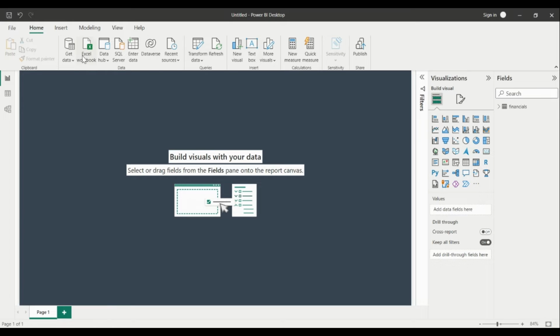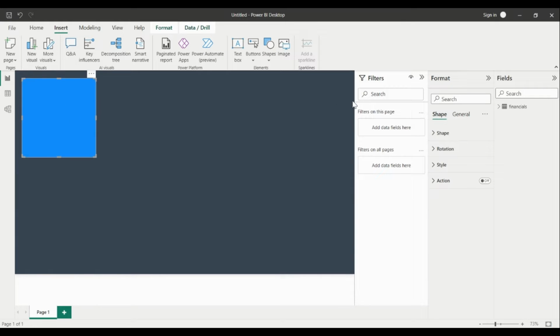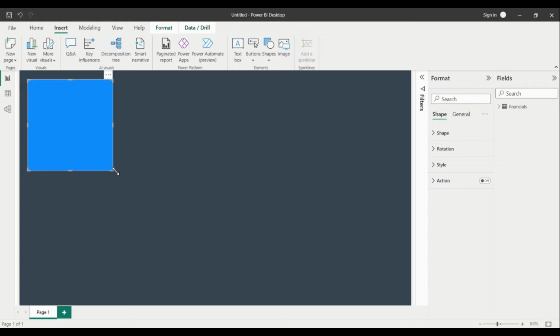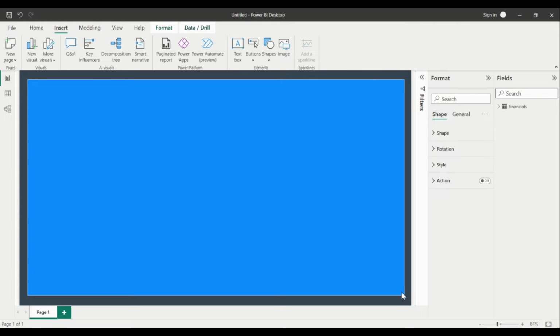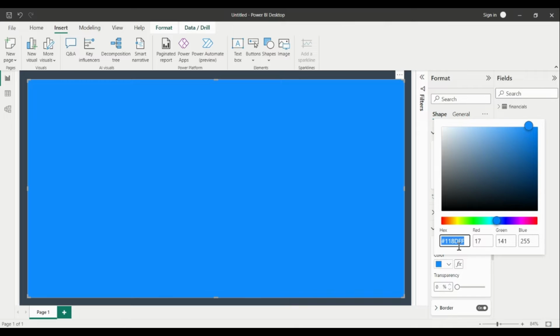So after that, we're going to use a shape which will be like a transparent shape. Just want to cover a little bit of it and leave the spaces from every side. We are going to just cover the center of it and leave spaces from the side just so that it looks a bit better. We're going to give it a color as well